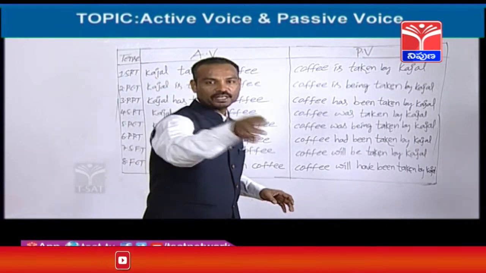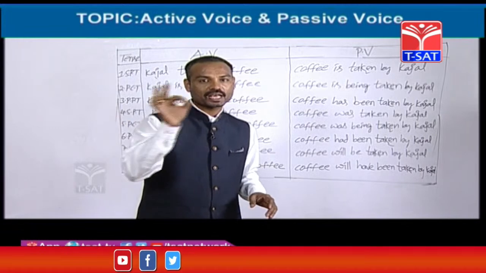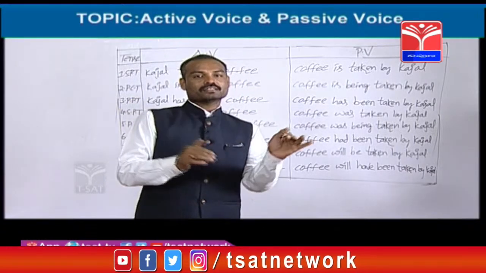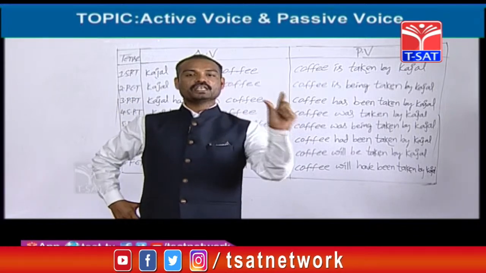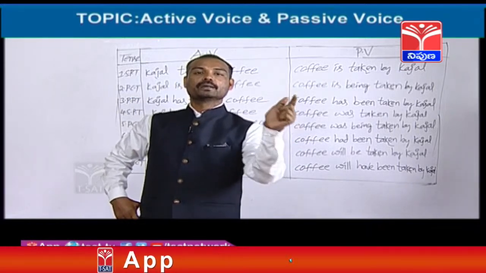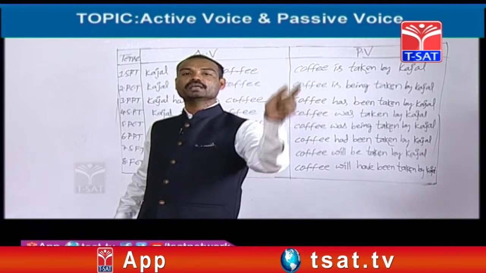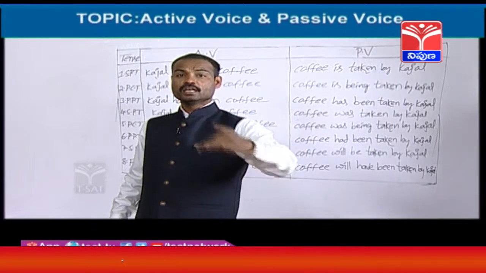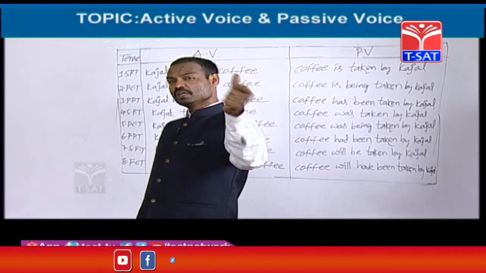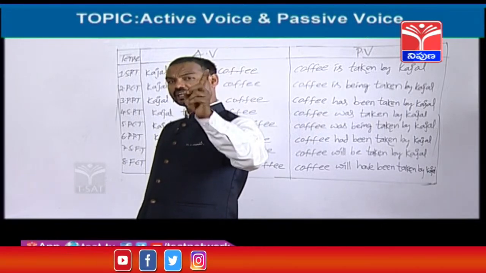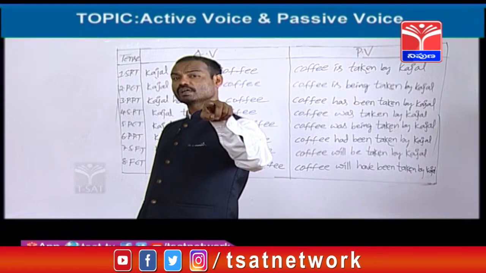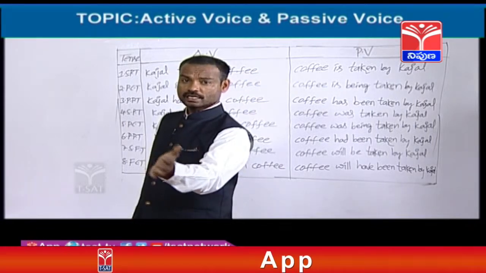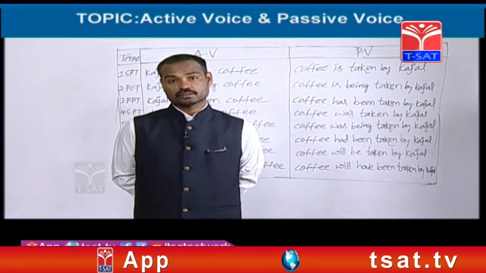Santosh had completed PhD. This sentence contains a singular object. PhD is one course. PhD had been completed by Santosh. Now, what I have told you, in past perfect tense, whether the active voice contains a singular object or plural object, in passive voice we cannot find out any differences. I have told you. Then let's see one plural object active voice.